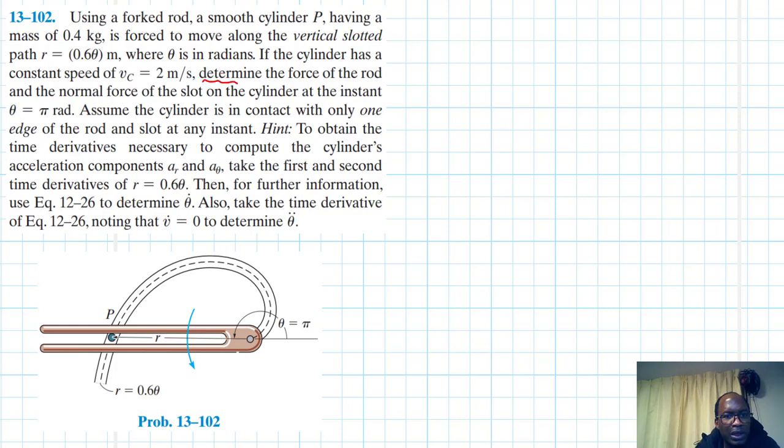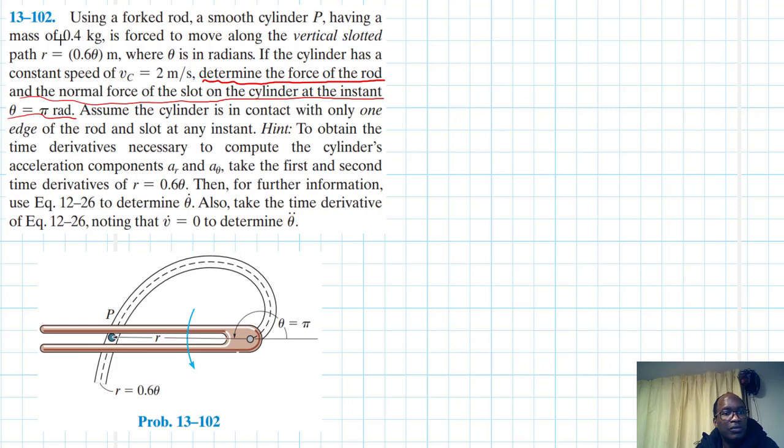But we are being asked to determine the force of the rod and the normal force. This is what I'm interested in, at the instant theta is equal to pi radians. Of course, they've given us the equation that governs the path, which is r. They've also given us the angle at which we are supposed to find this force, as well as the normal force. They've also given us the mass